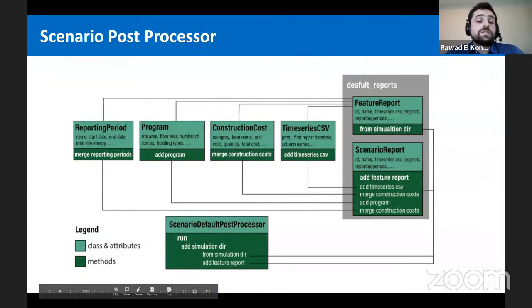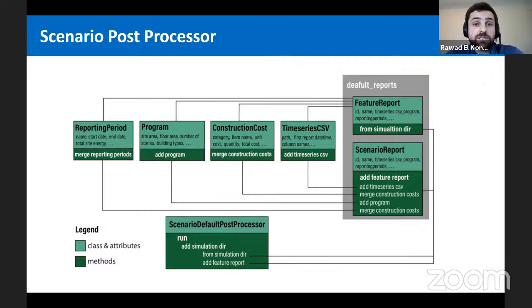Then there's a need for post-processing the results. And this is not an easy or trivial task because there are many types of aggregation methods that can be used, also different methods to summarize the results.